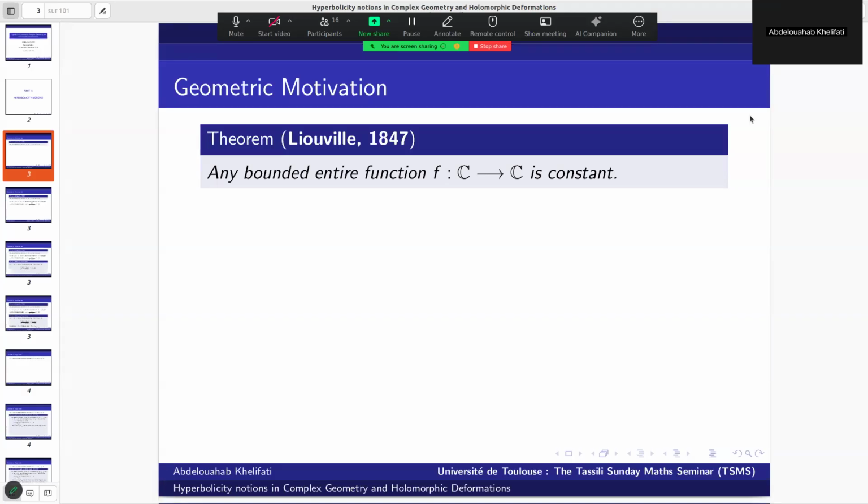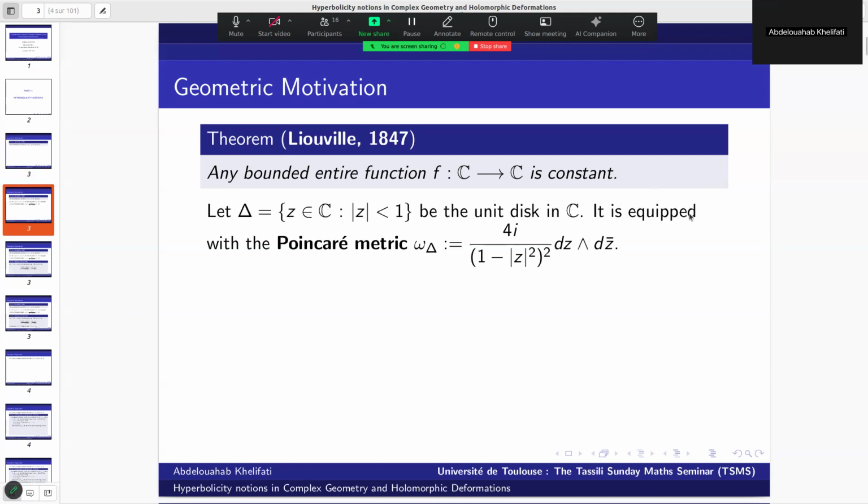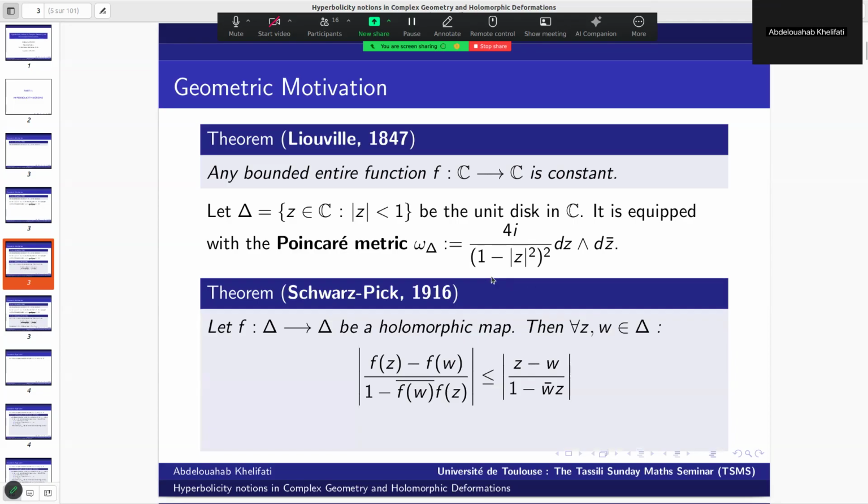Another way is to view it from a metric point of view. We know that the ball has this special metric, which is the Poincaré metric, one of the models of metrics with negative curvature, with this normalization to have curvature -1 on the unit disk. And we also have this famous theorem in complex analysis due to Schwarz and Pick,